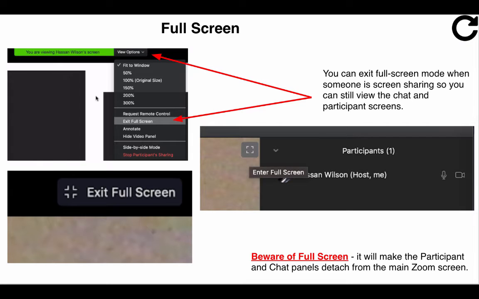In general, I find that full screen is a little bit tougher to navigate because your participant and chat windows kind of detach from the main Zoom screen, and it's harder to access and interact with them. So I generally don't use full screen, but even so, what's going to happen shortly is I'm going to stop